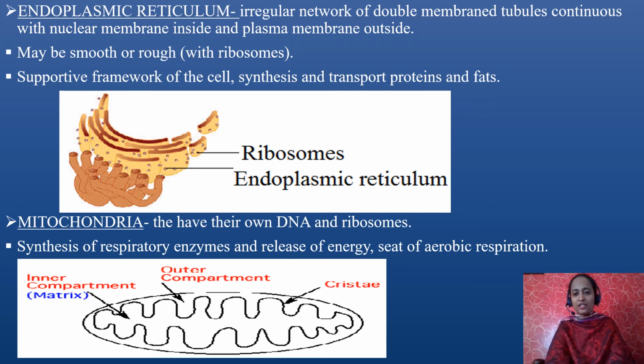Smooth endoplasmic reticulum. Why is it called smooth? Endoplasmic reticulum, if it possesses ribosomes on its surface, you can see in this picture dot-like structures called ribosomes present on the surface of the endoplasmic reticulum. As the appearance is rough, it is called rough endoplasmic reticulum. What is meant by smooth endoplasmic reticulum? Endoplasmic reticulum without ribosomes is called smooth endoplasmic reticulum, because in appearance it looks smooth.